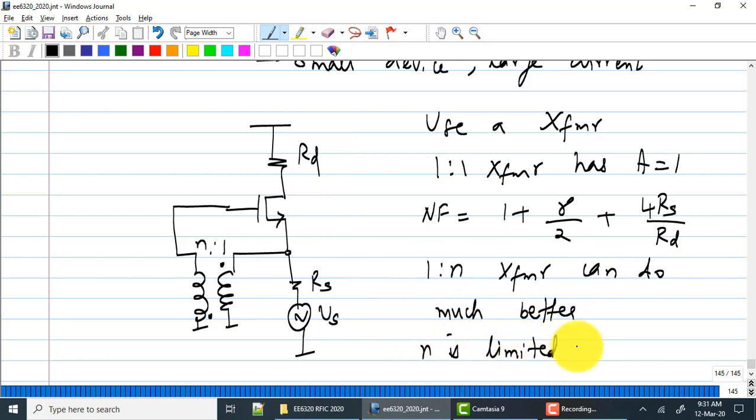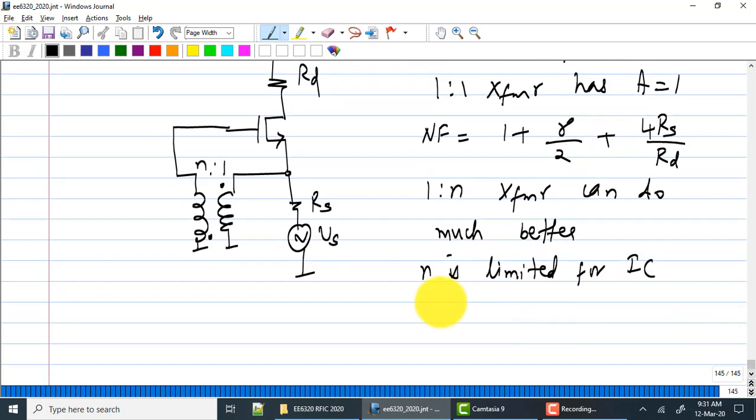Suppose I want to maintain the broadband nature of the circuit, or at least a relatively broadband nature. It is the transformer that is causing the problem. I want to figure out a passive way of doing this without the transformer. Now it turns out that if you have a differential LNA, which is quite popular anyway, a fully differential LNA,